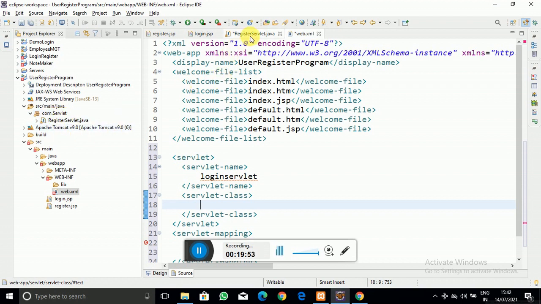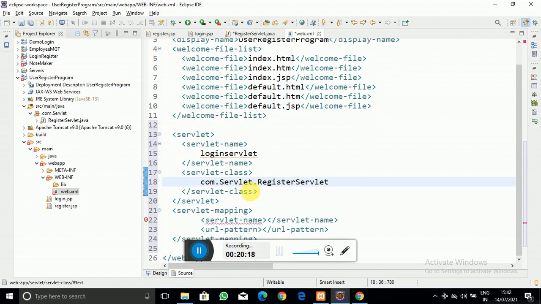So here you have to write com.servlet.register servlet. I am going to write that into the servlet class tag. Okay, I have written that.